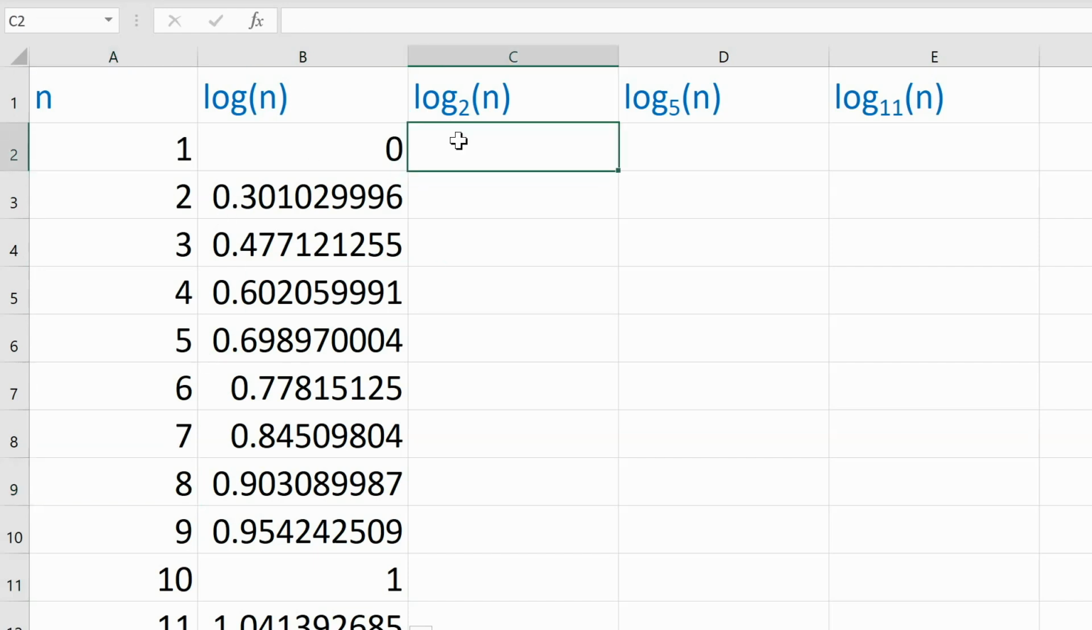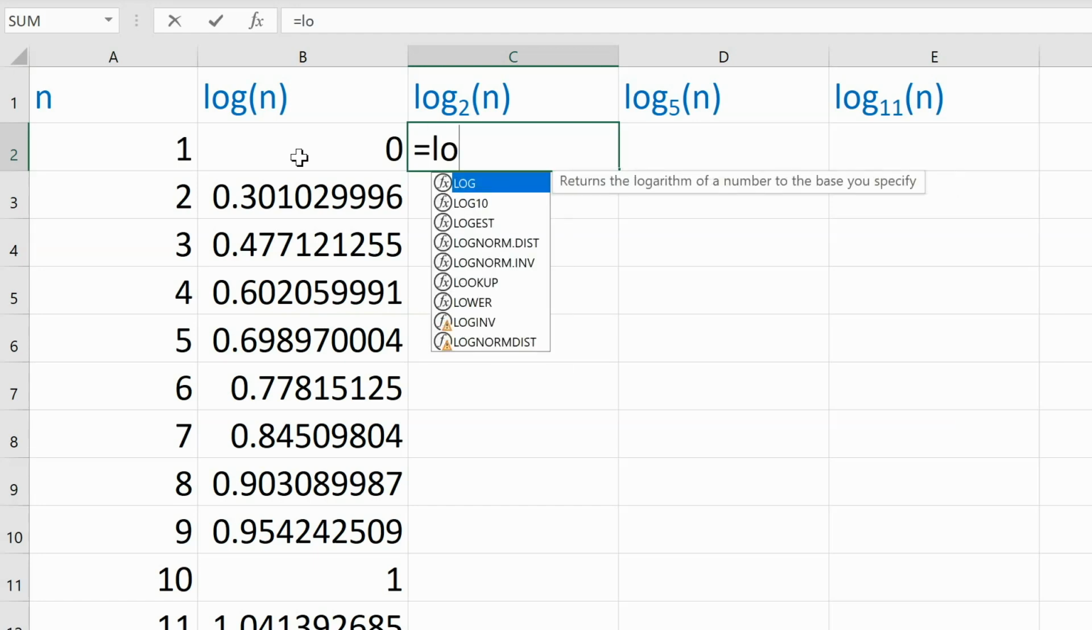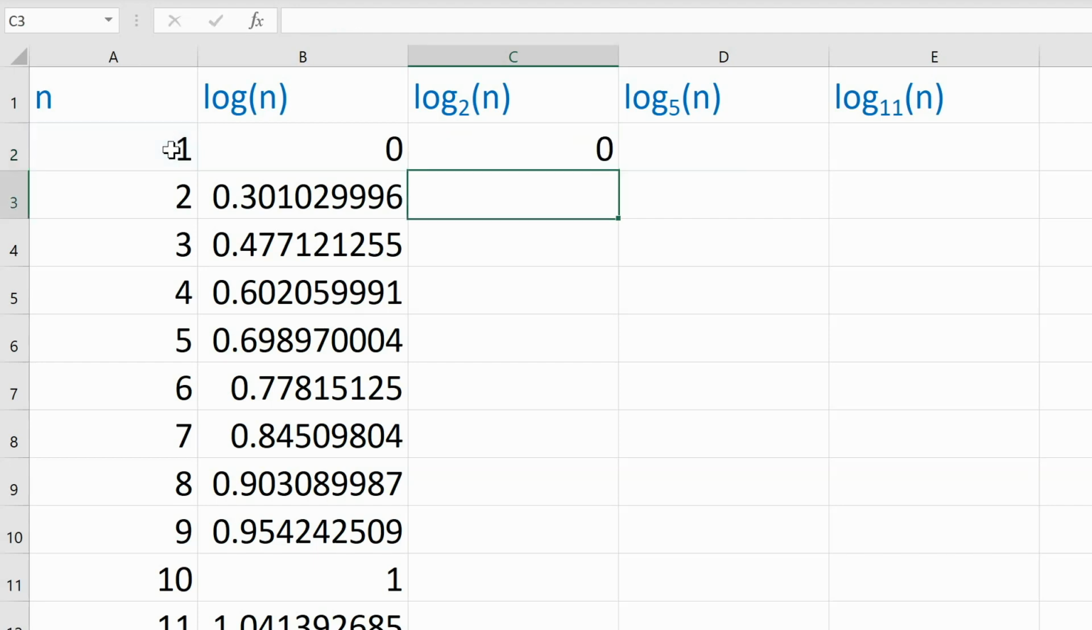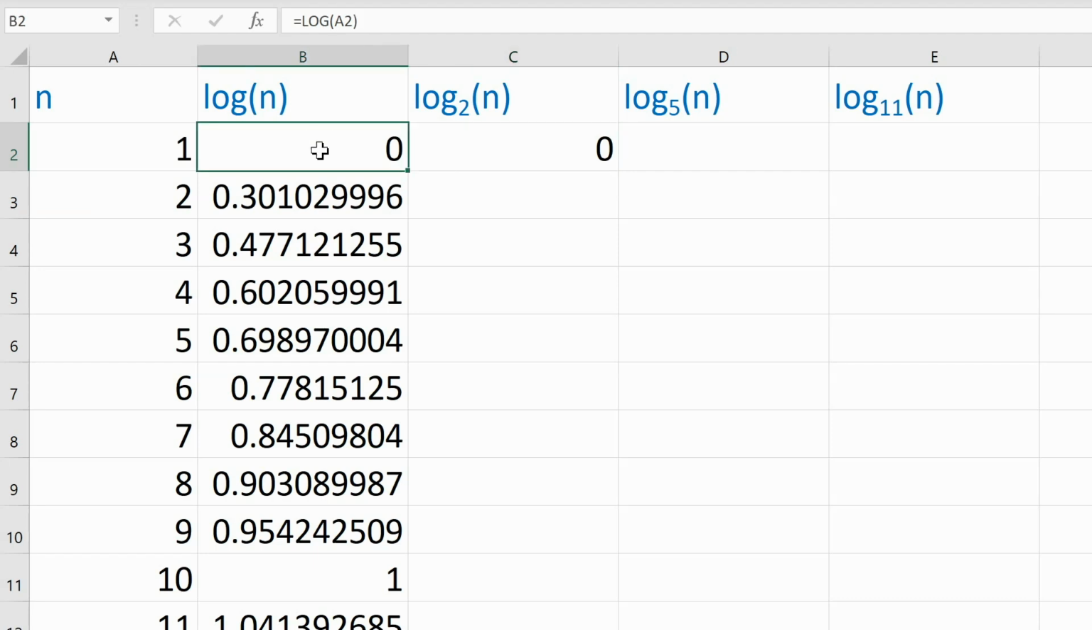Base 2 here. If we want to calculate this now, we're going to go equals, and start typing log again. As you saw, I can put in the number I want to calculate the logarithm of, then put a comma and say what base it is, and I'm going to put 2 here, because that's the base I want. Now, the logarithm of 1 is 0 in base 2 as well, because just like for common logarithms, what you're asking yourself is,